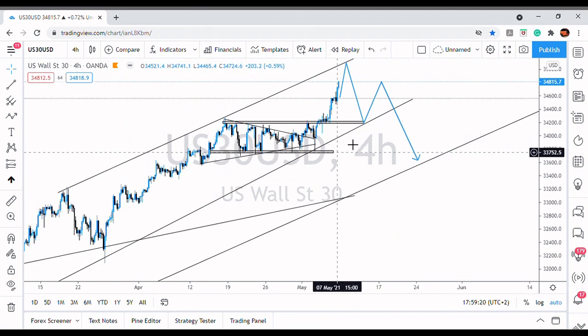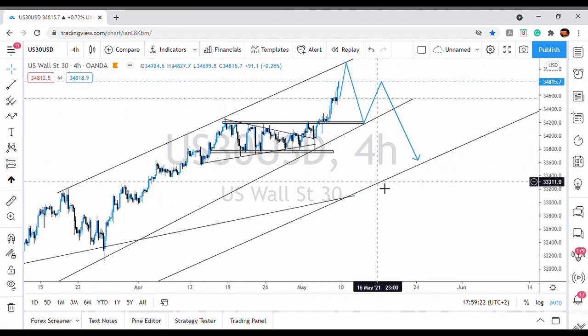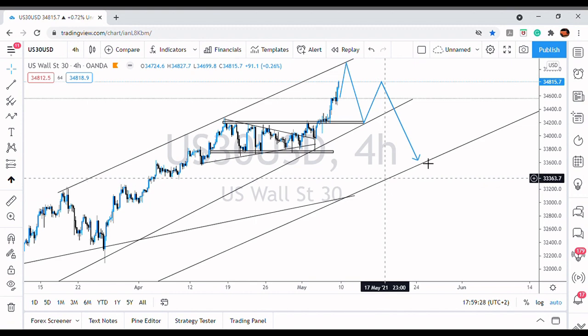And I'm gonna share this analysis on 1 hour so that you can execute it on the Telegram group. So this is just for you to understand why I'm looking for this kind of a move. So let's go to another one,